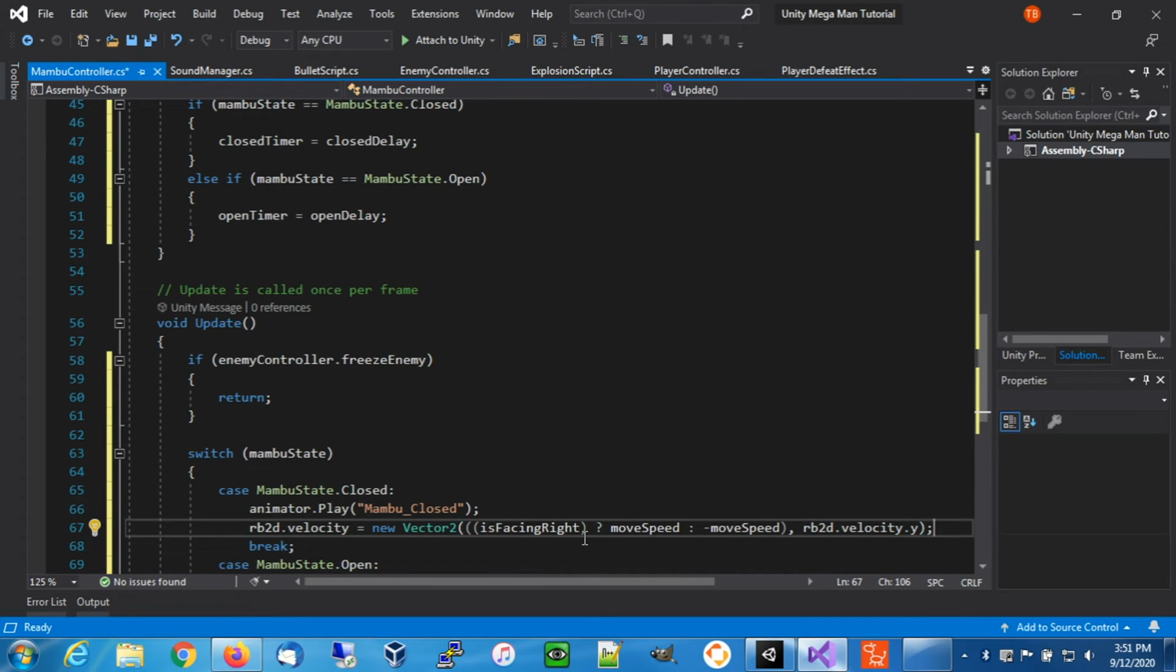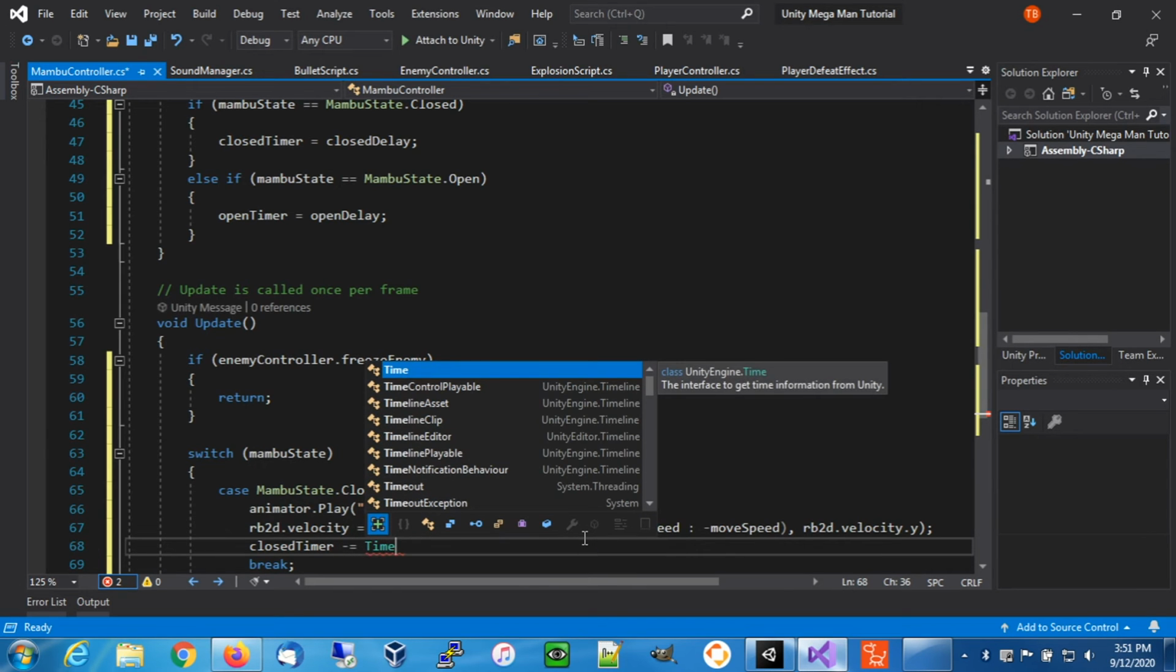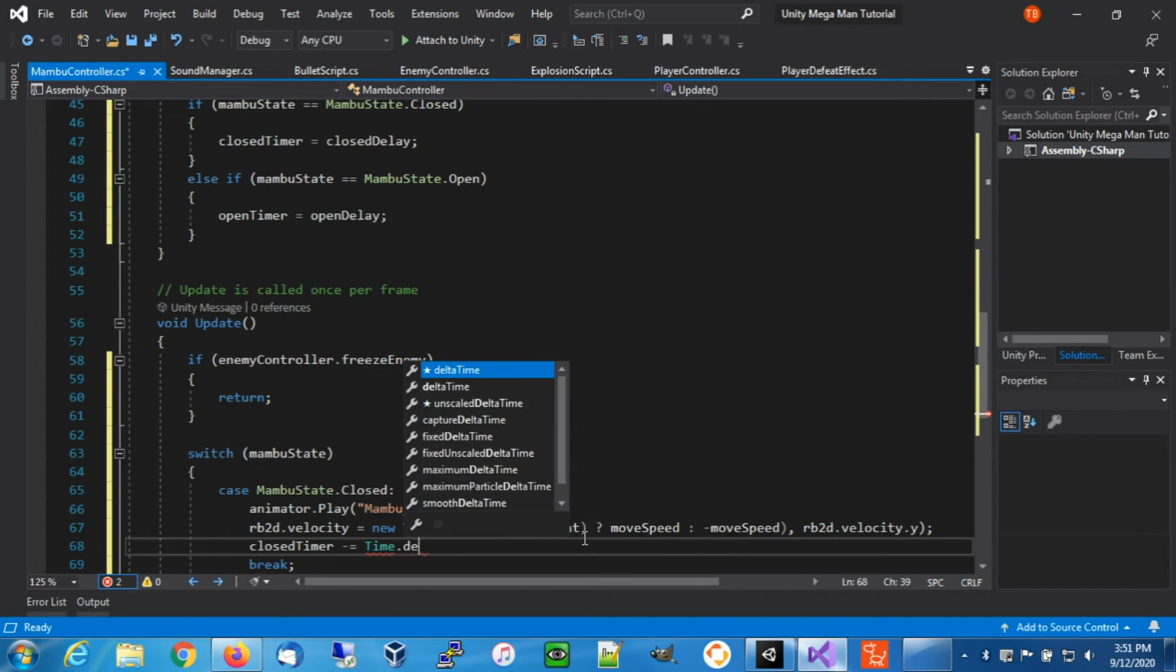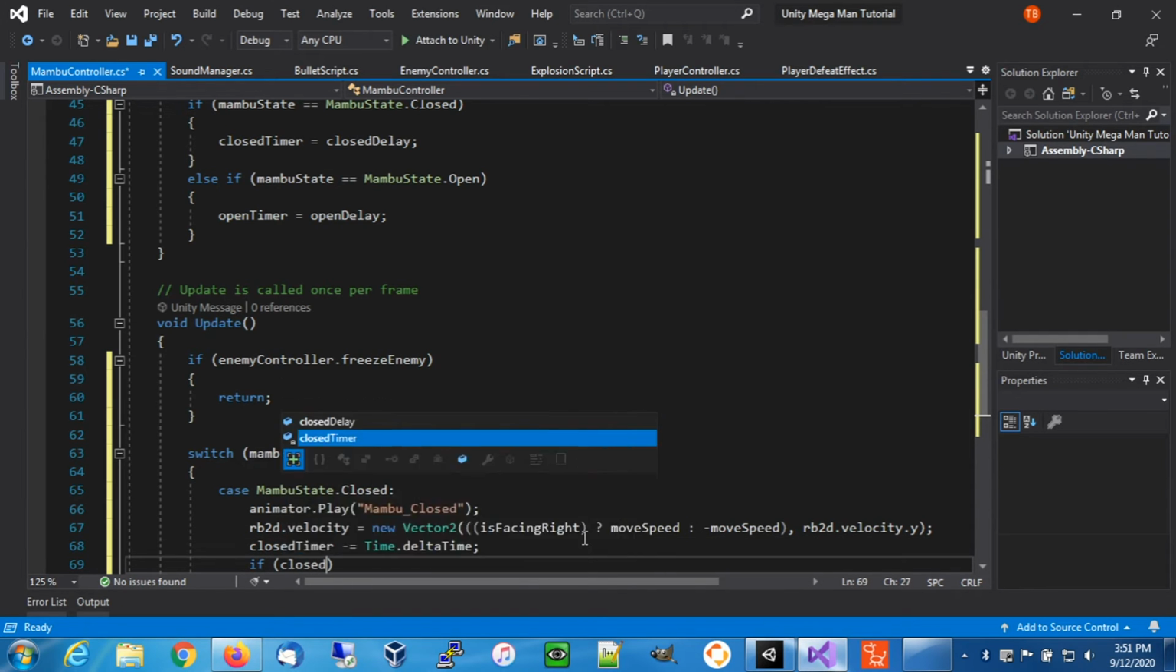So that's his movement. While he is moving, he needs his time, how long he's staying closed for, to go down. That's where we're going to subtract from our close timer, Time.deltaTime. That's going to tick down every time as he's closed. It's going to tick, tick, tick. And then when it gets down, if his close timer goes below 0,